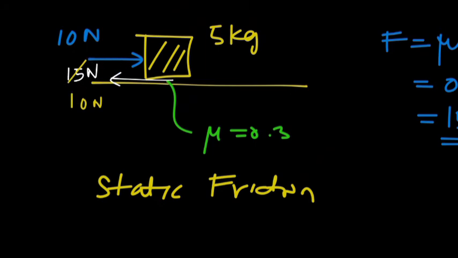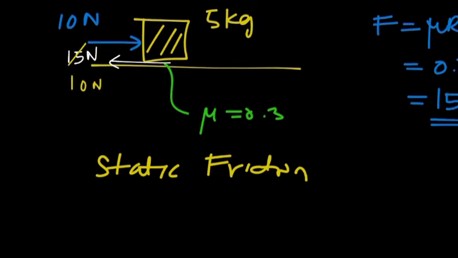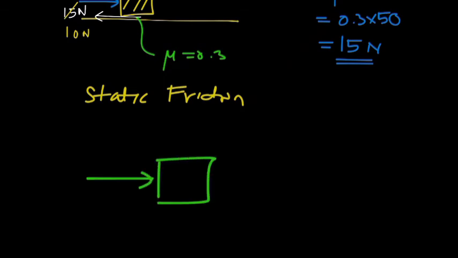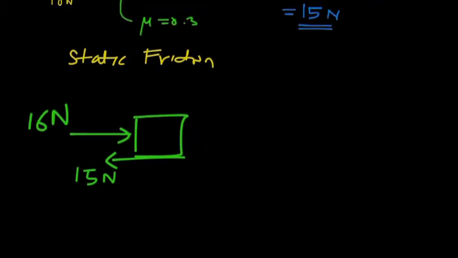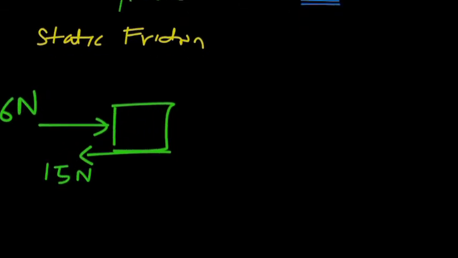Then what about this 15 newtons? 15 newtons is the maximum friction, that is the limit. Beyond that you cannot have friction. So if you increase the applied force up to 15 newtons, this static friction also will increase up to 15 newtons. Once you are applying 16 newtons of force, the maximum friction is just 15 newtons. Now the box would start moving. Then the acting friction is going to be a little less than 15, and you call that friction the kinetic friction,